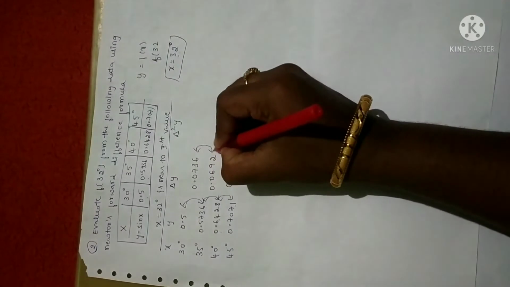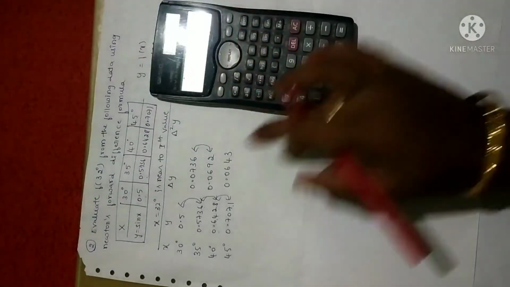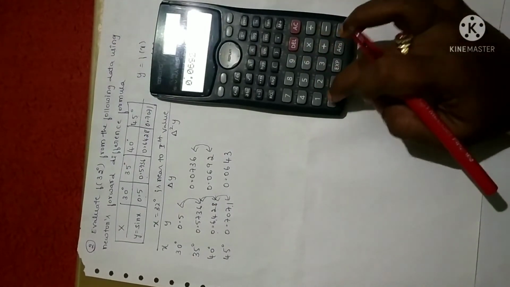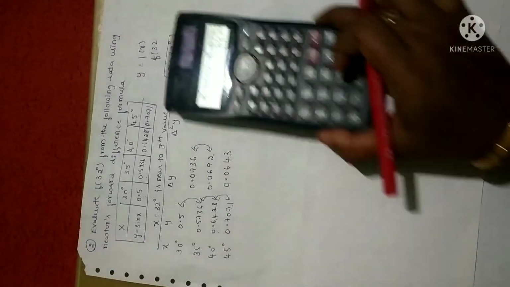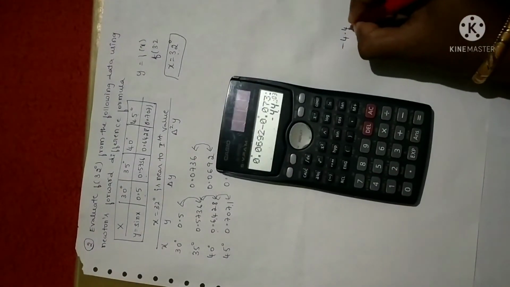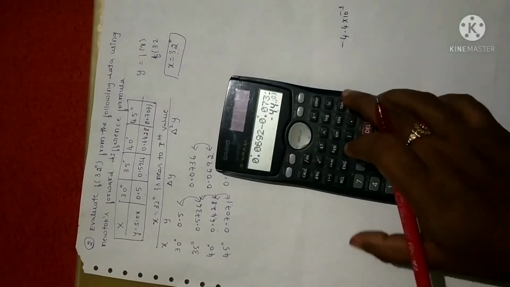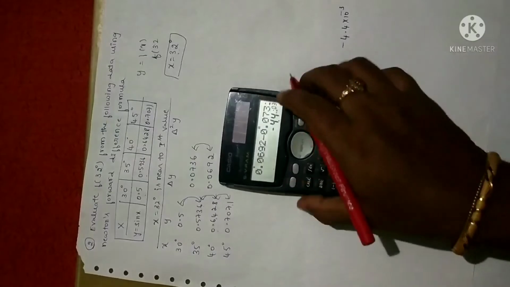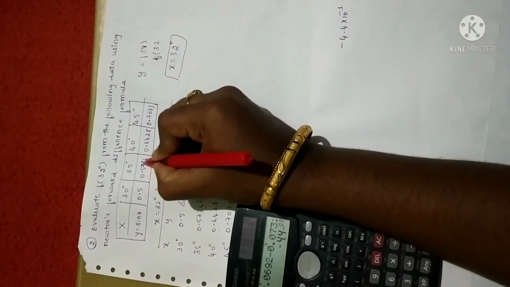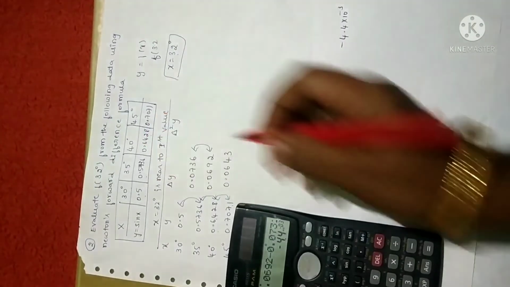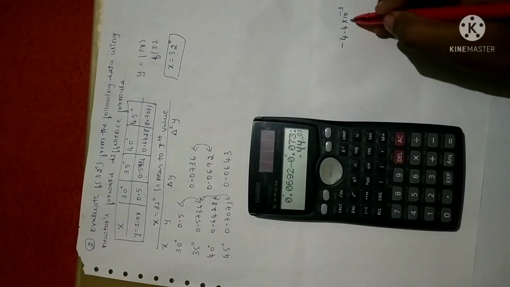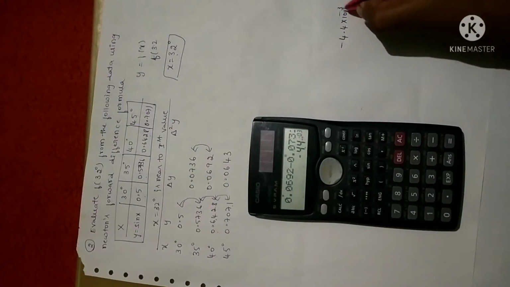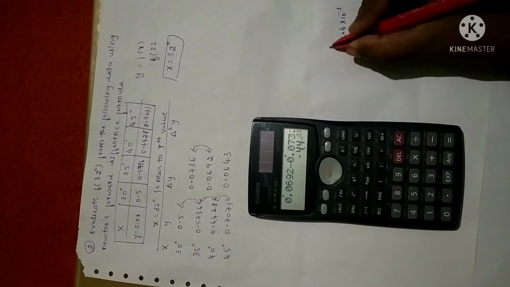Next, the second forward difference is delta square y. Now you have to subtract these two. I'll just show you once. See here. When you subtract 0.0692 minus 0.0736, what are you going to get? I'll just write here. You will get minus 4.4 into 10 power of minus 3. When you use a calculator, you will get this solution. Right? Minus 4.4 into 10 power of minus 3. Hope it is visible, right? Fine. So whenever you have such a solution, you have to shift the term. That is, you have to convert the decimal, as I already explained in the first unit. So we are shifting this decimal by 3 places.